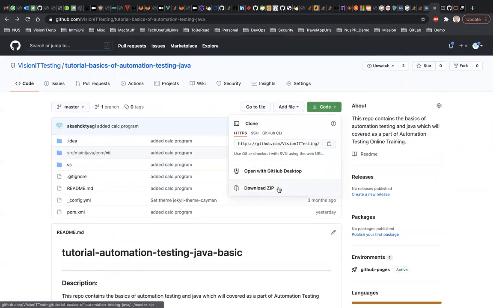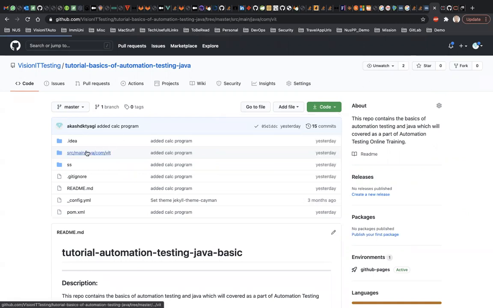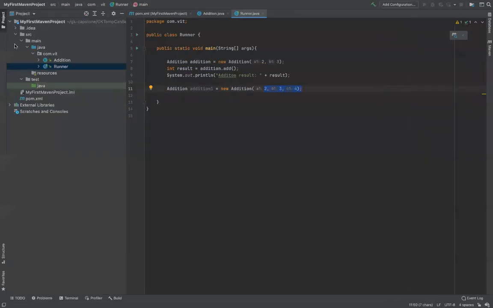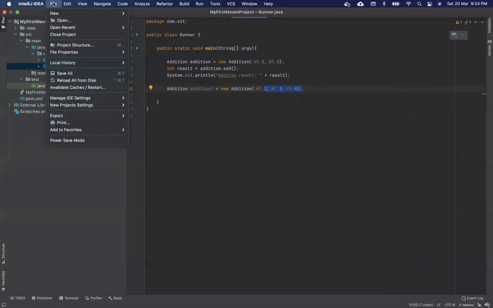You can click on download zip. Once you download the zip, the whole code will come to your machine for your reference. The easiest is, of course, to go here and check these links and files for the code.